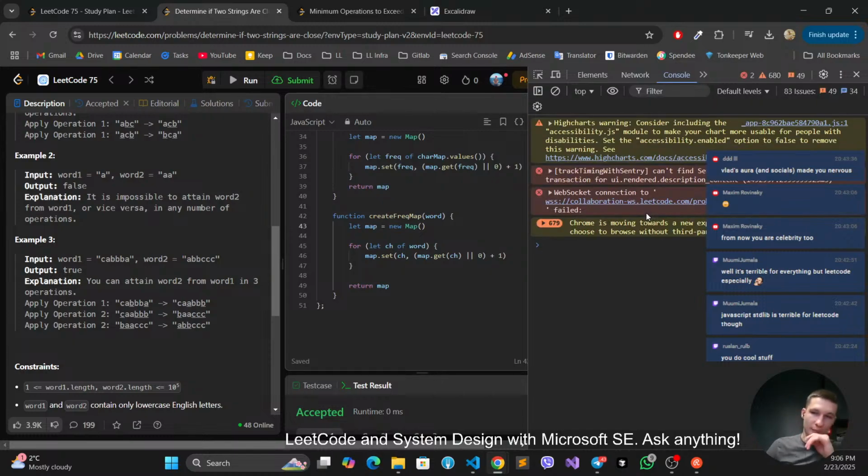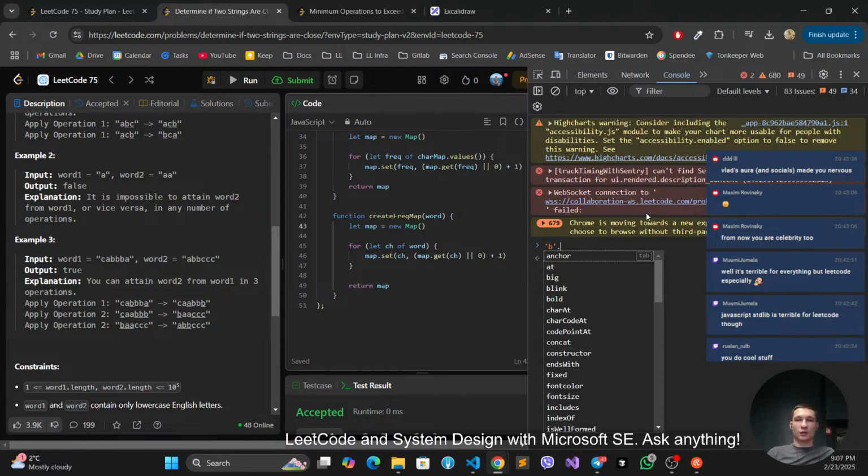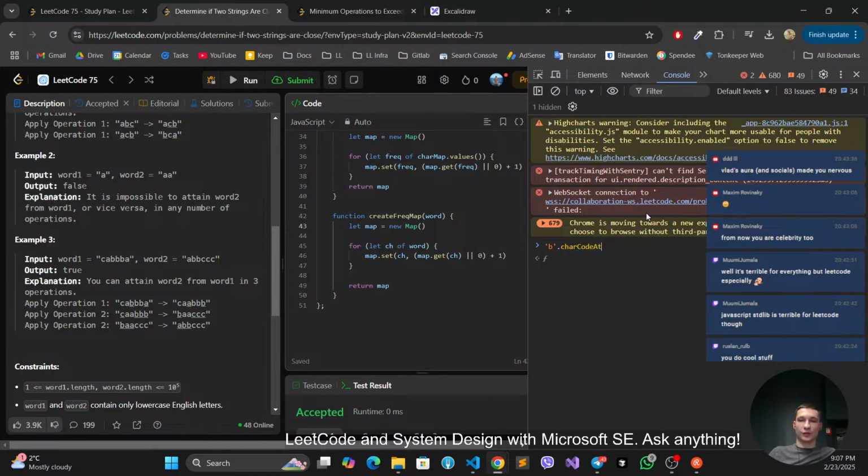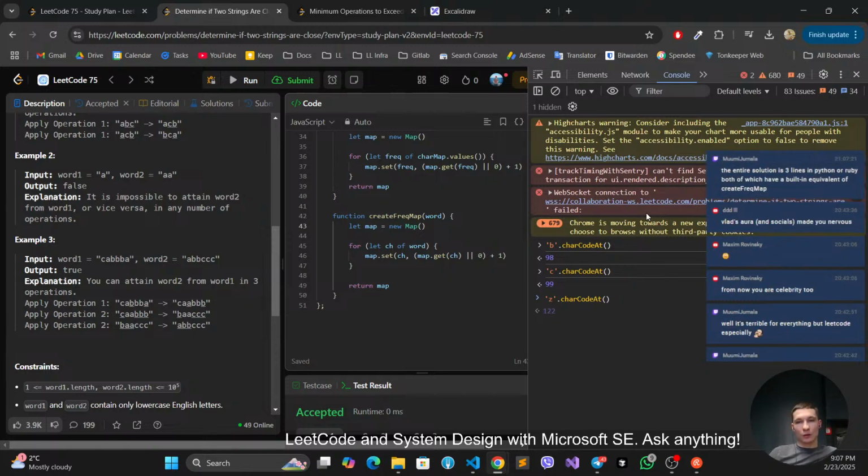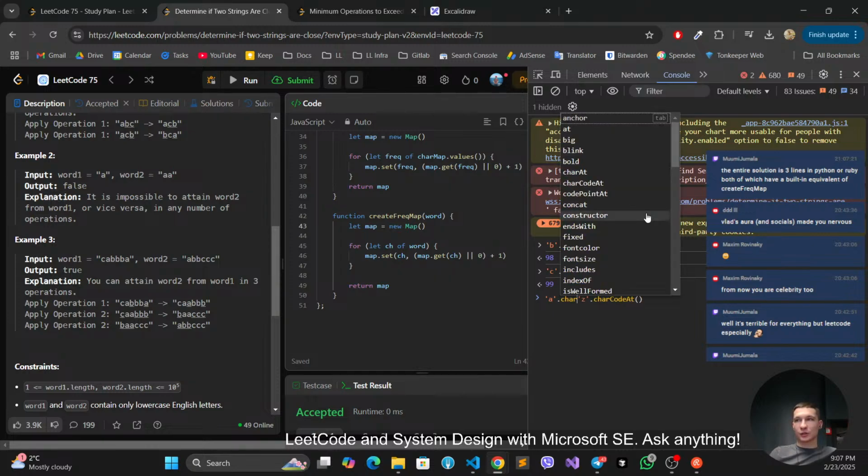Now demonstrating the power of JS, just F12, and I can show you straight away what this means. So let's say we have character B, and we want to know its character code. For this, JS has this function, it's 98. For character C, it's 99. For character D, it's 100, and it's just monotonically increasing up until Z, right? And if we do this character magic,